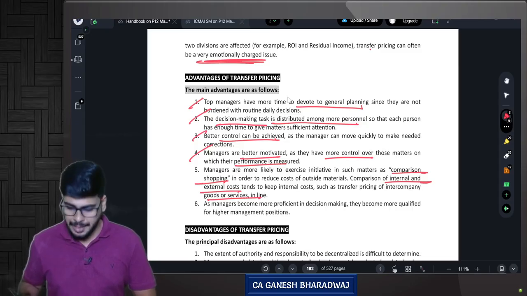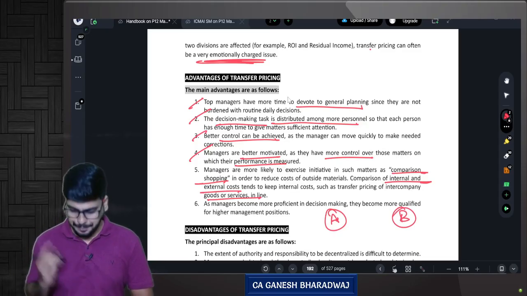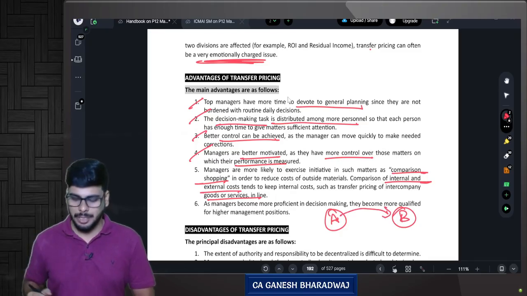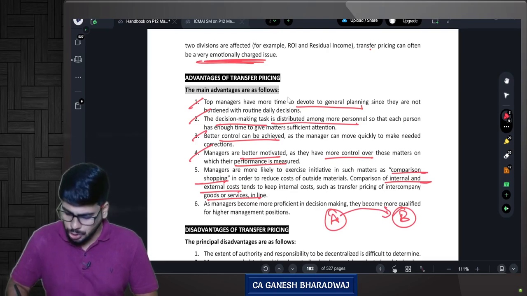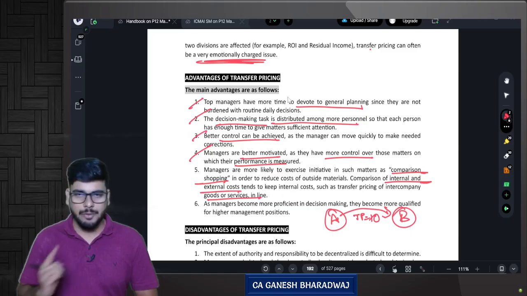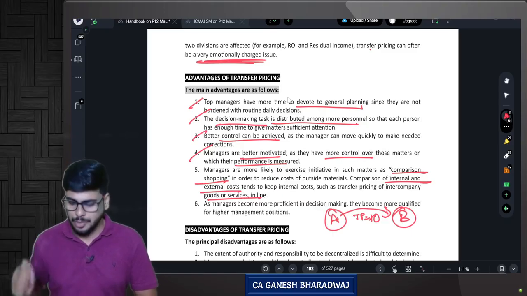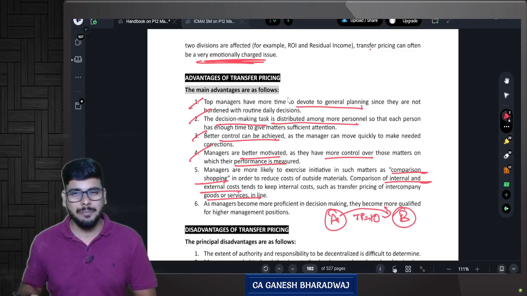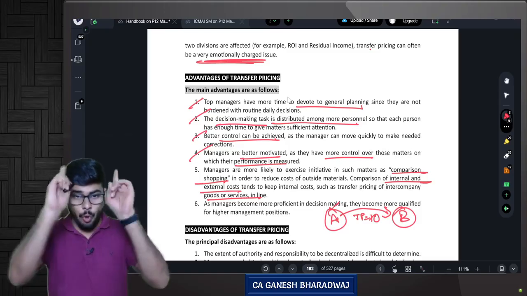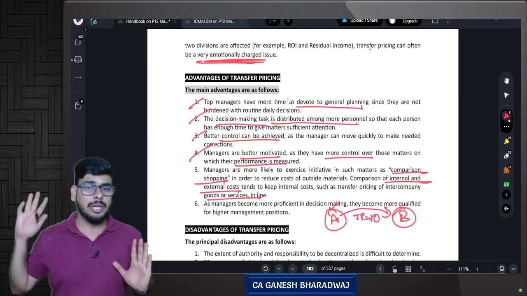Very simple. We had two divisions, division A, division B. Correct? Now let us say this empty bottle. Division A says, look, I will fix the transfer price at 10 rupees. So every time you buy an empty bottle from me, I transfer an empty bottle to you, division B has to pay 10 rupees. Correct? Now, what will division B think? These divisions have separate managers, and these managers think only about their division. They will not think about the company as a whole.